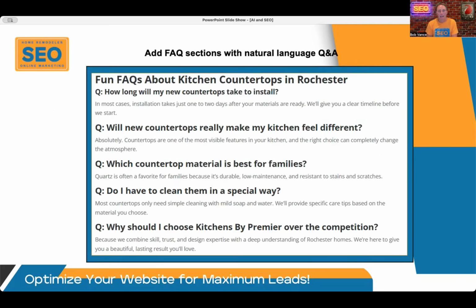Some things that you can do today are add an FAQ section with natural conversational language Q&A to your website if you don't already have that. Here's a great example where you can use some of these ideas. Rewrite them. I wouldn't say copy them, because I want everyone to succeed.